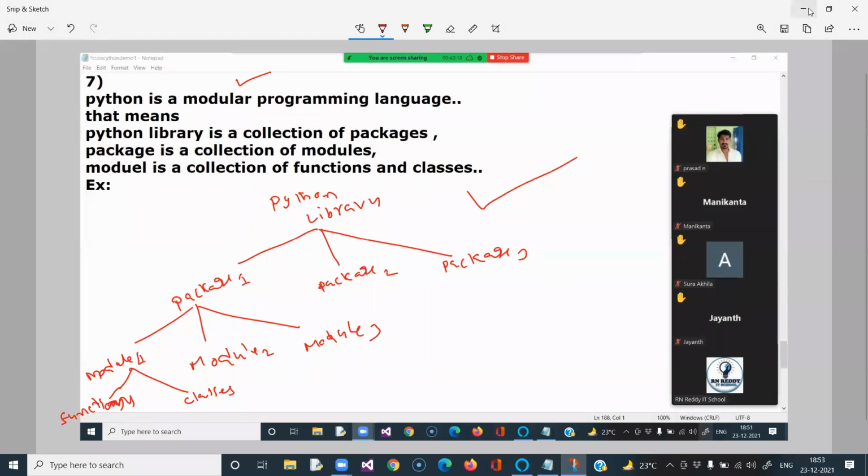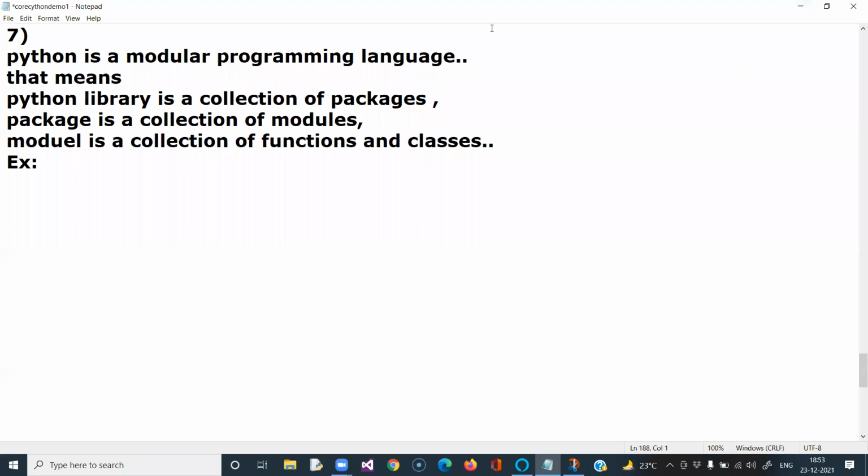Right. Now come back to our discussion. Understood up to here, all of you? Next, we go for the 8th point. What is this 8th point? Now up to here we discussed 7 points. Now the 8th point is, Python is